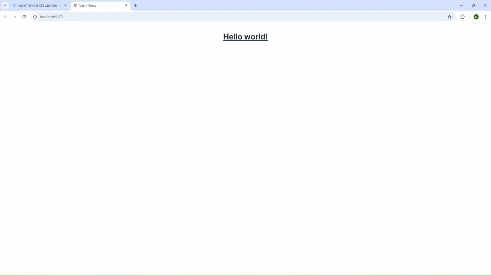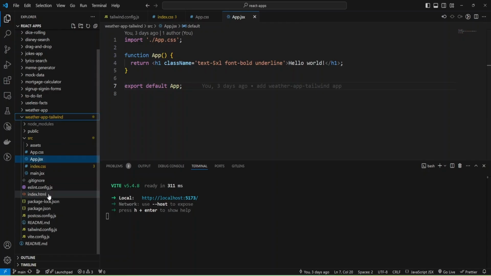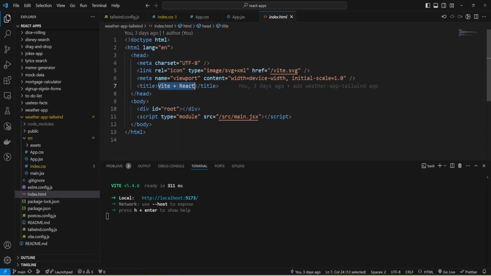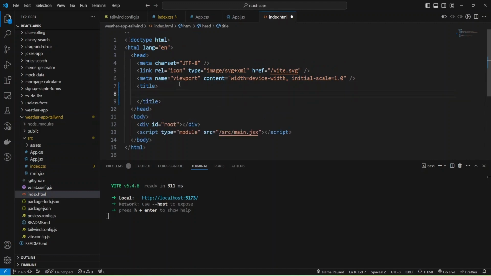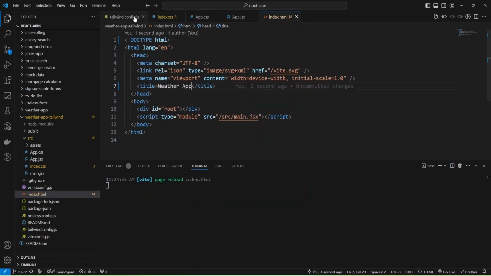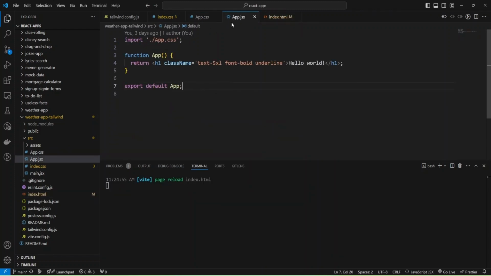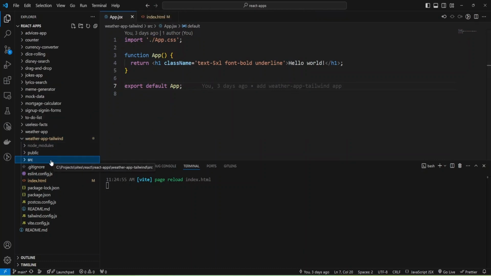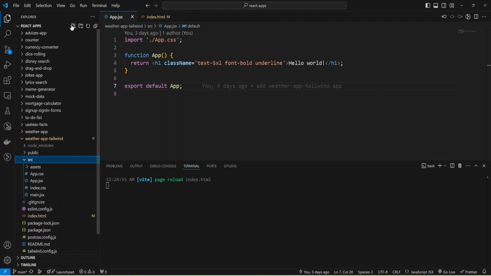Okay, we have our hello world at the top, and let's change the title to weather app, and let me close all the styles, and now we can create a custom hook to retrieve the geolocation data,